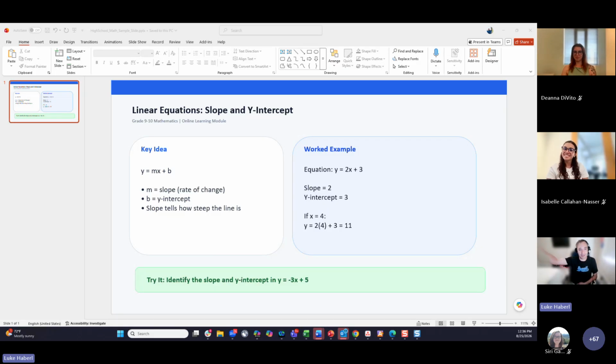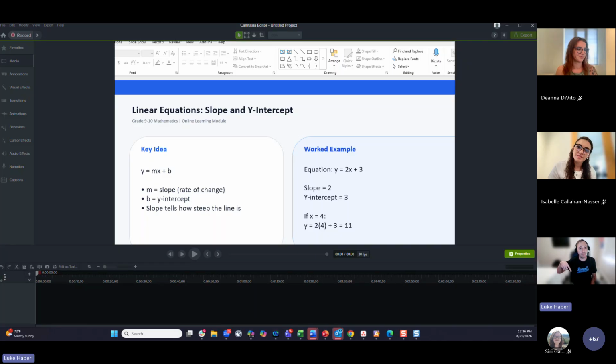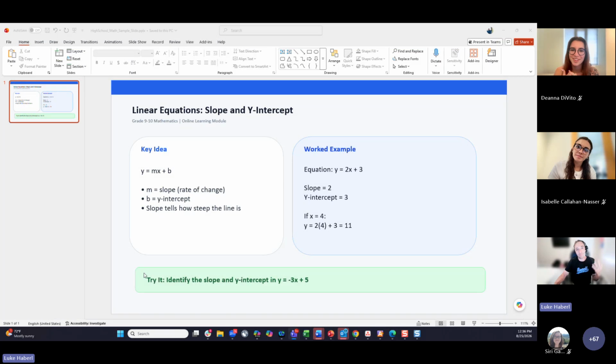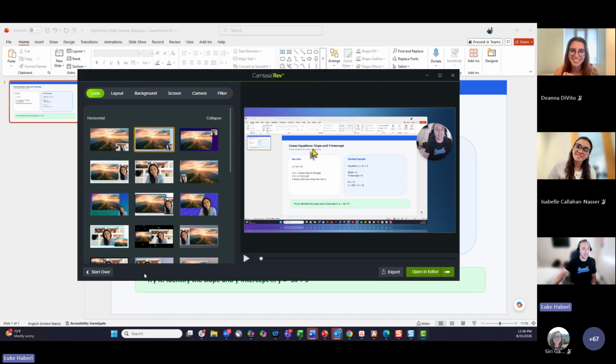Just to give a little headway as to what you're going to see, it's going to open up here in Camtasia Editor. It's just loading on my screen. I can take my video that I just recorded and apply simple edits, but I could also send it to that Audiate platform that was mentioned. Within that, I could translate my video to French. We've got AI voices in Audiate. More than likely I said ums or uhs while I was recording. With one click of a button in Audiate, I can remove all my ums and uhs.